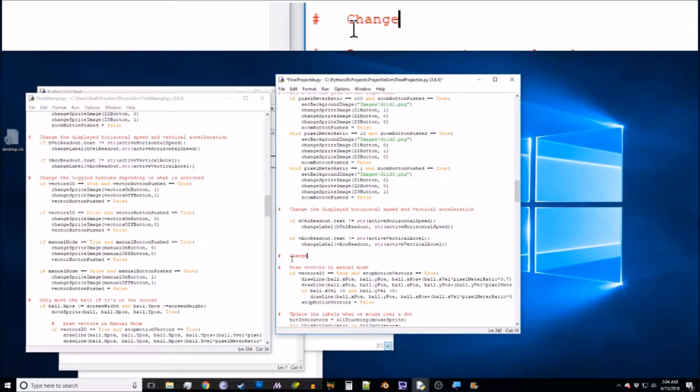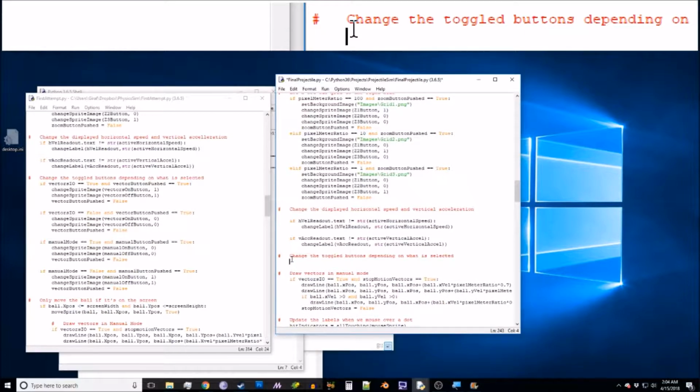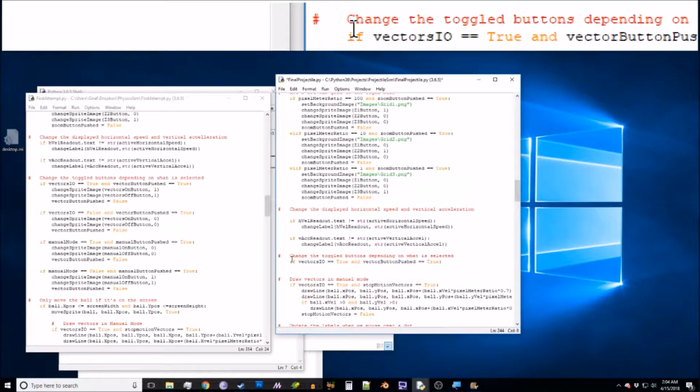that is change the toggled buttons depending. Could I make a more generic comment? Depending on what is selected. Okay, not pro level there, but if vectors IO is true. Okay, so if the vectors are on and the vector button is pushed, right? If that's also true, so if someone just pushed one of those buttons, remember we set that up at the bottom there. If someone just pushed one of those buttons, then change the sprite image